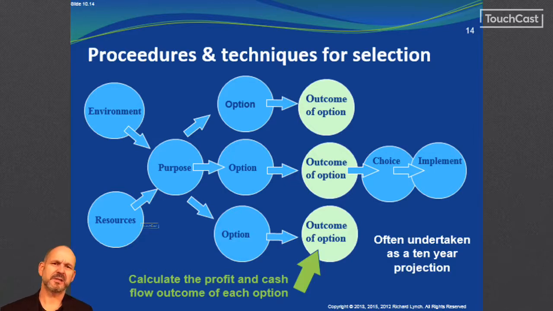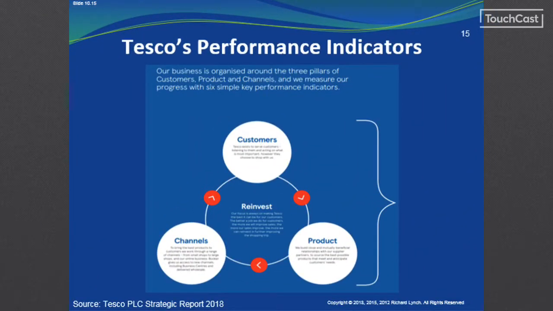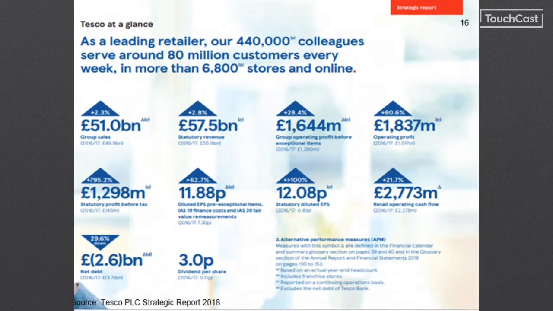And if we take the case of Tesco, then we can see that the business is built on three core pillars, namely customers, channels, and product. These broad themes determine the key strategic focus areas of the business. But as we can see from this example, in order to evaluate the effectiveness of the underlying strategy, it's critical that there are supporting processes and performance indicators in place. Now, undoubtedly, Tesco has been able to maintain its dominant position in the marketplace despite fierce competition through a determined focus in these areas. But how do we find evidence of the effectiveness of this strategy?